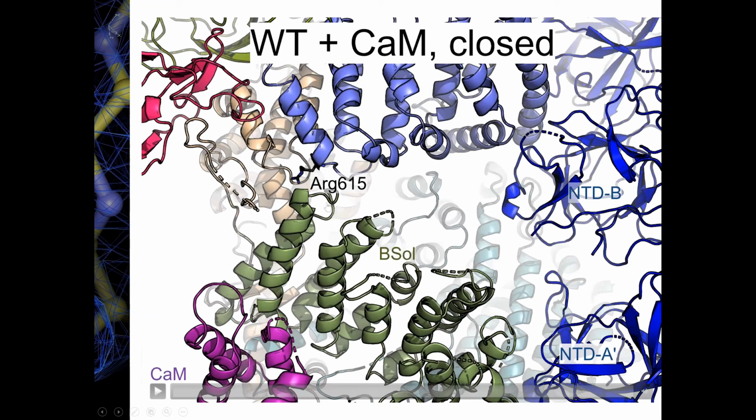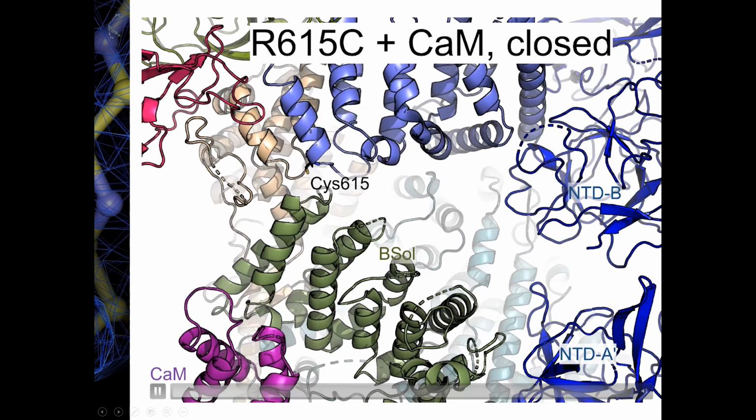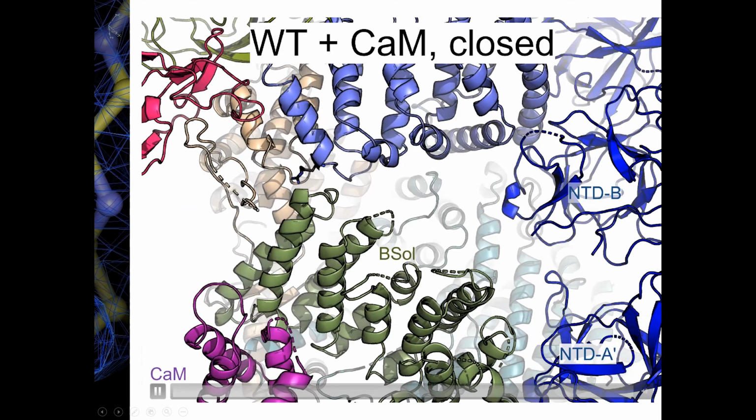So this is arginine 615, which forms this hinge point between the blue and the green solenoid. And so we're going to toggle now between structures of wild type and mutant, but in this case, we're only comparing closed structures. Okay, what hopefully you can see, maybe with some delay in this animation, is that there again is a tilting